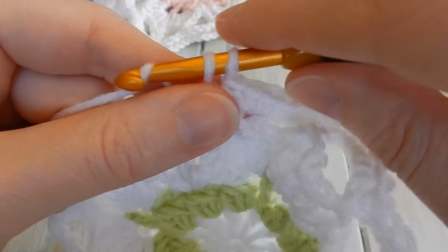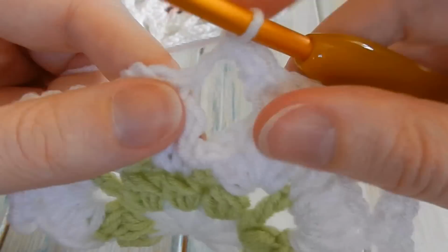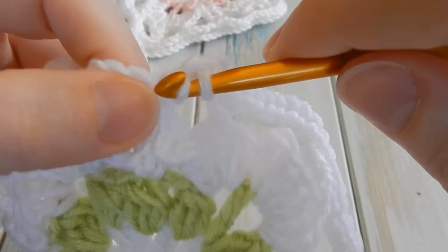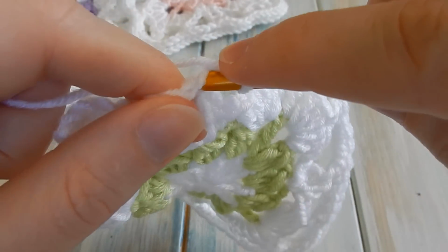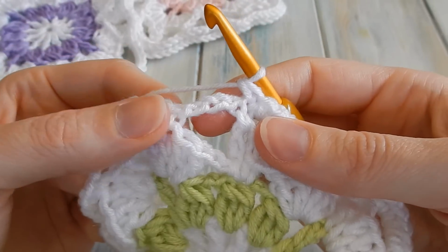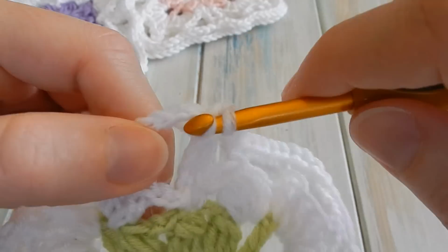2, 3 and 4, then 1 single crochet in that next single crochet in the middle. Then we're back to a 4 chain space, so we're going to do 4 single crochet in there,